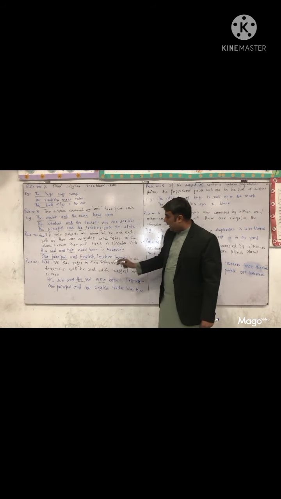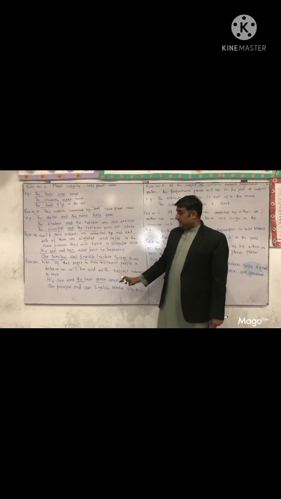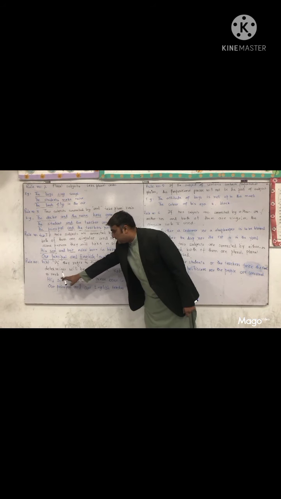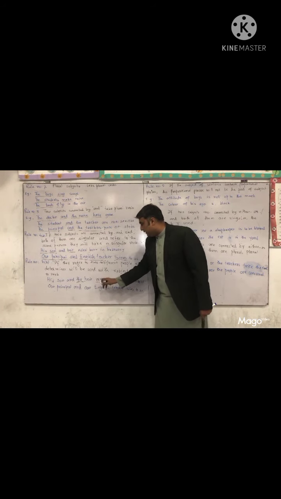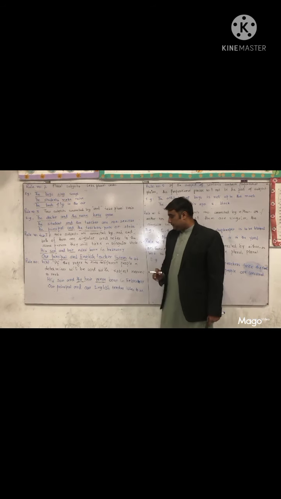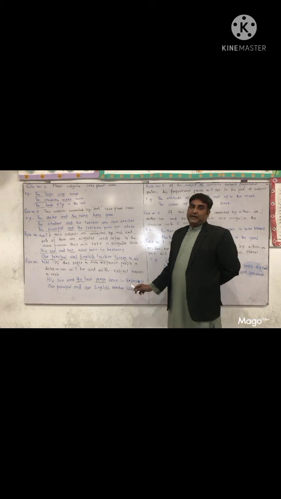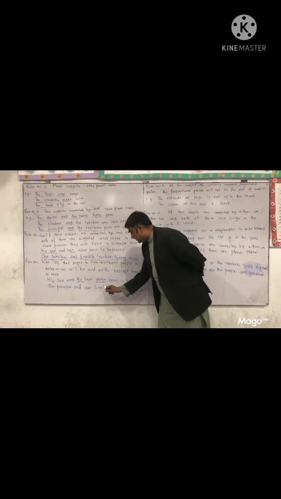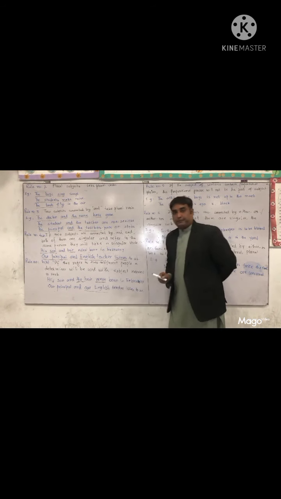'His son and I', singular. 'His son and the I.' 'His son and his I': the determiner is used here. It means they are two different people. When they refer to two different people, we use a plural verb with them. 'Our principal and English teacher' means both of them are the same person. 'Our teacher and our English teacher' means they are two different people.